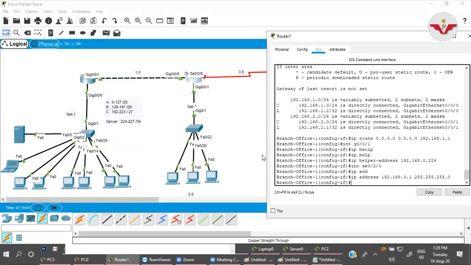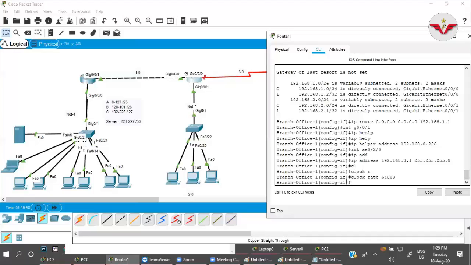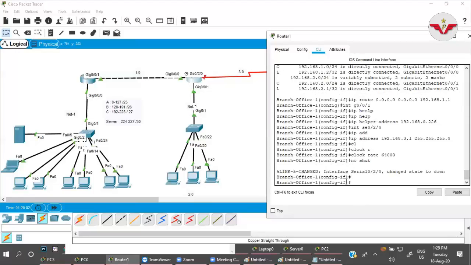Whenever you connect the serial cable, from the serial port there will be two ends, DCE and DTE. On the DCE end, you have to configure the clock rate 64000, and then no shut. Okay, done.